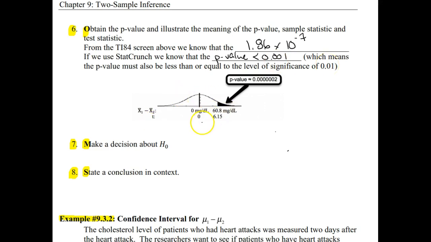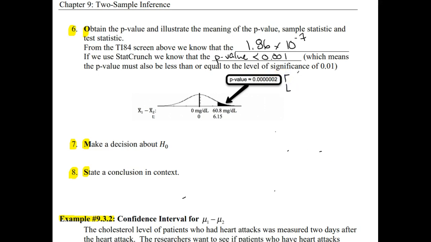So again, as we draw out a picture about what that means, our statistic was x bar 1 minus x bar 2, and the standardized test statistic was t. If the claim is true, both of these would be centered at 0. The actual difference we saw was 60.8, and the corresponding t-score to that was 6.15. This is a right tail test, so that p-value is going to be the area in the right tail. Okay, so if we rewrite this, we would push this decimal place back 7 times to the left, which would put 6 zeros out in front here before the 186. So rounded off, we get the p-value that's given here.